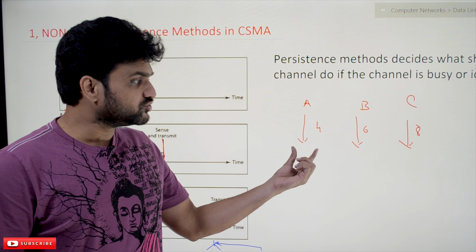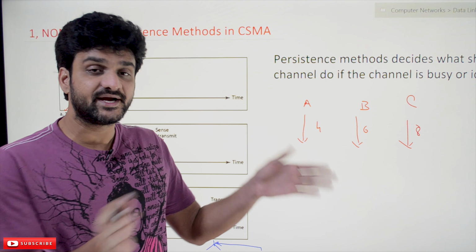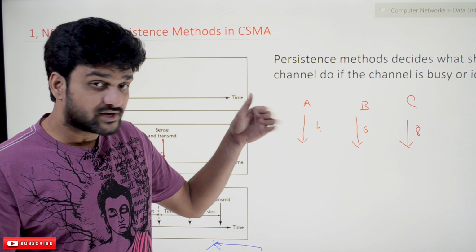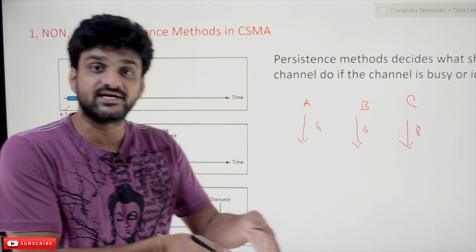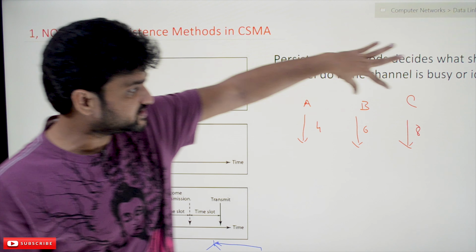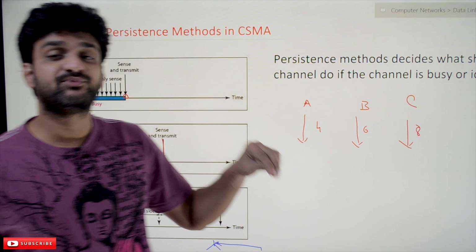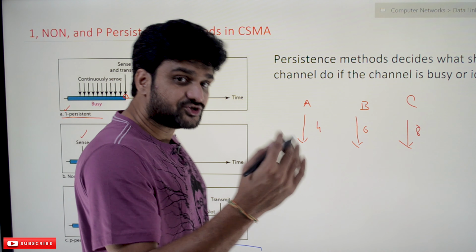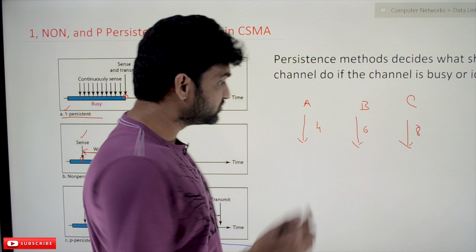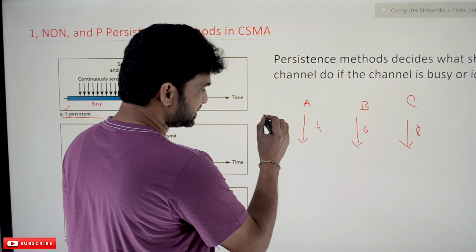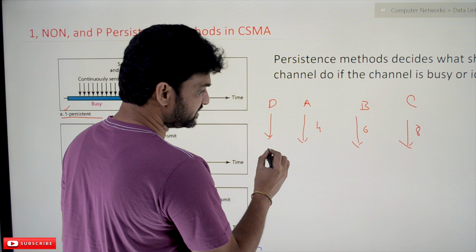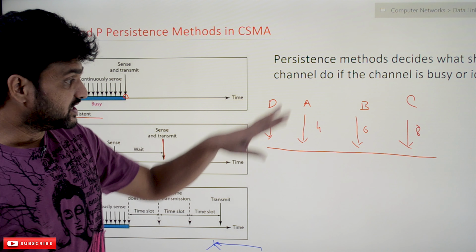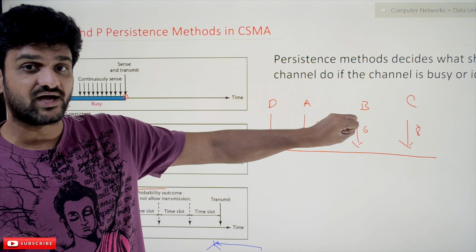But after 2 milliseconds the channel is going to be idle, and for the next 2 milliseconds the channel will remain idle. If these are the channels on the multiple access that are willing to transmit data, assume the transmission time is 2 milliseconds. For example, if some channel D is transmitting, all these channels have sensed that there is some data